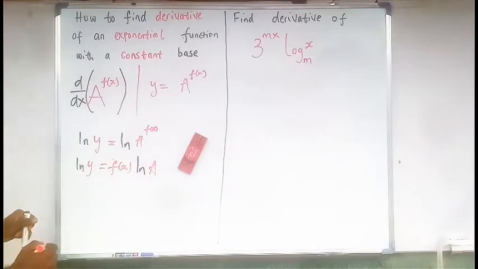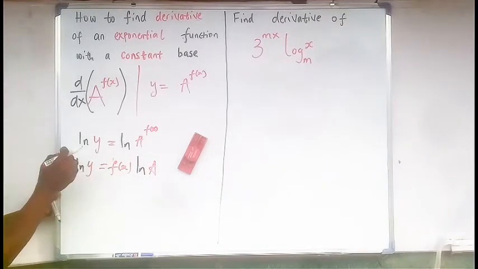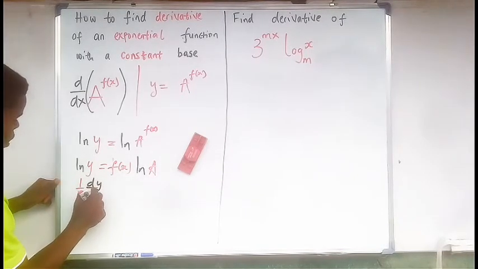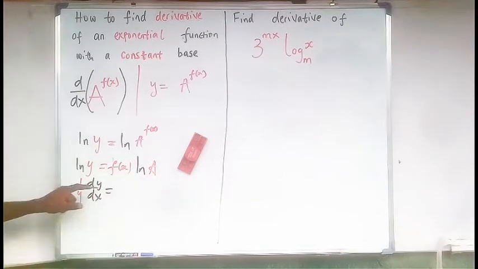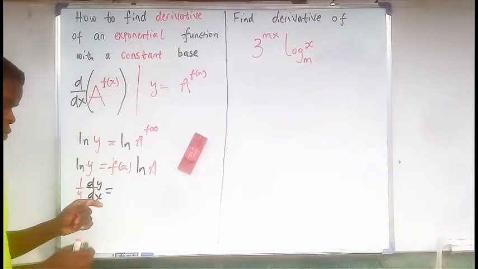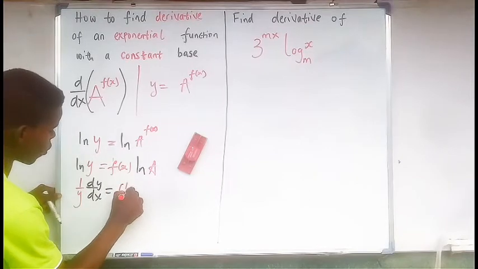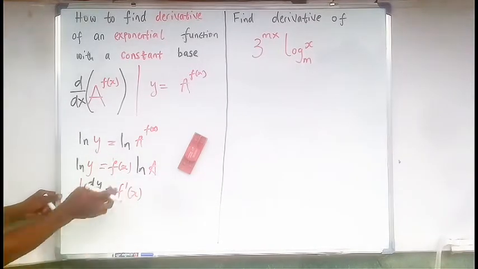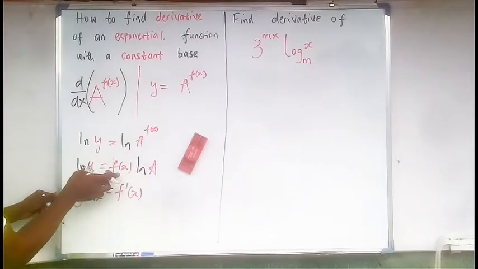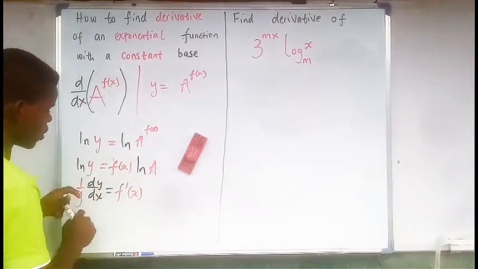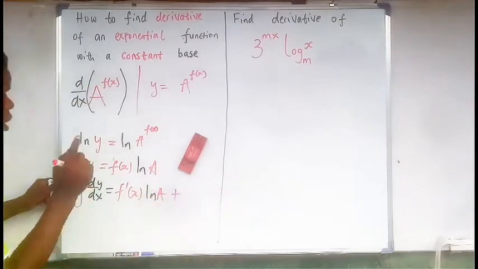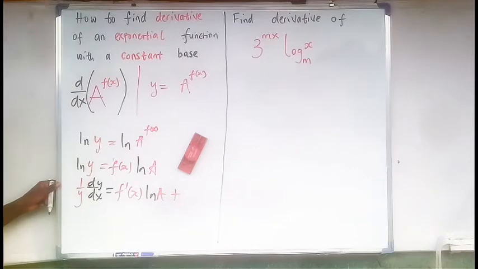So we go further to differentiating this. We will have the derivative of ln y, just 1 over y, taking note of the implicit differentiation, dy dx, equal to, now we are going to differentiate this with respect to x. So that will give us f prime of x. If you differentiate any function of x, that's just f prime of x. Now, take note that this is a product, so we're going to apply the product rule here. If we differentiate this one, we keep this one constant. That will become ln a plus, now take note that we said the constant base, so a is a constant,